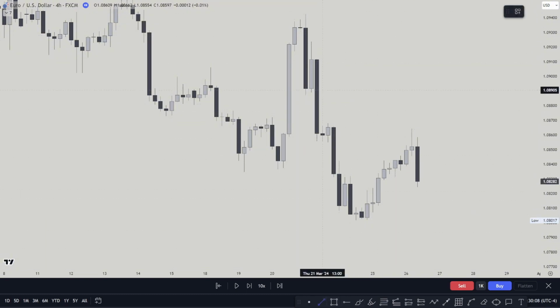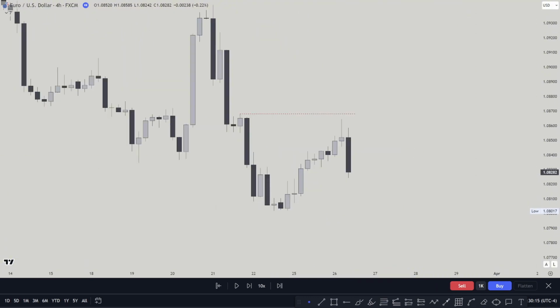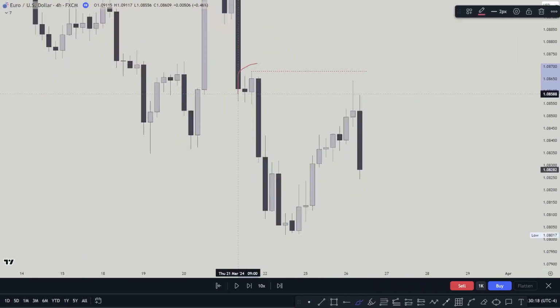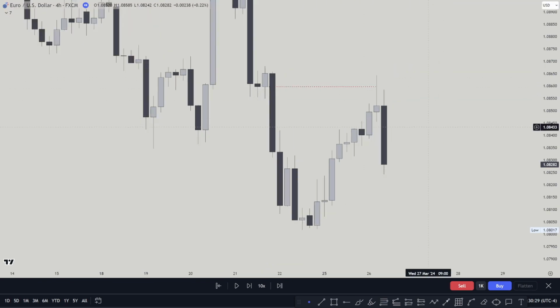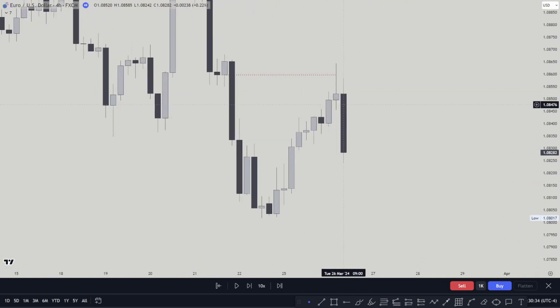And the levels that I was keeping an eye at, first of all, was this fair value gap here. And I was looking for a sweep above this high. However, it did not happen. Now, it doesn't mean that, okay, if price doesn't come here, the trade is invalid. It's just like, oh, price decided not to go all the way there, and I only decided to react off this order block. So we had this order block, price reacted from here, and then I did not participate on this. However, on the Discord, there are a lot of people who were participating on this trade. So there are people who entered this trade. However, I was waiting for some structure to be created here.